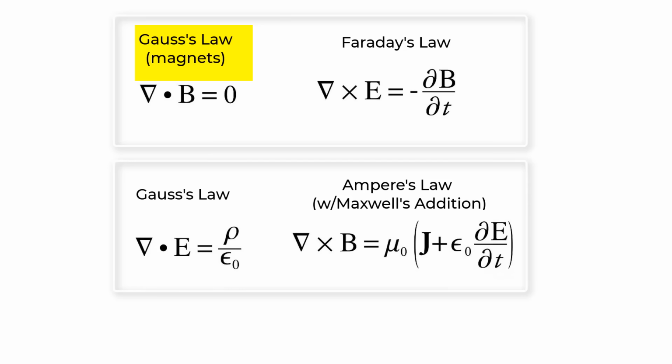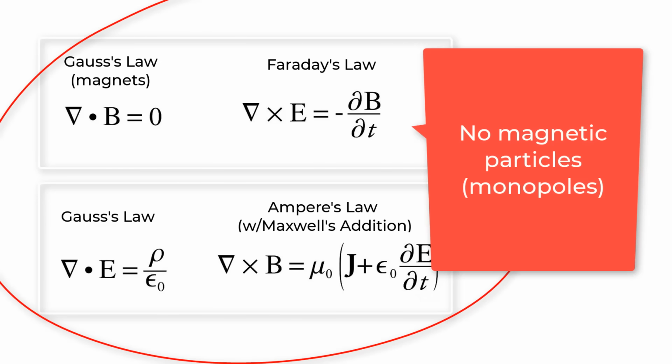Now compare that to the other two Maxwell's laws, where the first equation, Gauss's law for magnets, is showing there are no magnetic particles, rho magnet equals 0. And the second equation, Faraday's law, states that a curling electric field can be induced by a changing magnetic field, but not by a magnetic current. As there are no magnetic particles, there also is no such thing as a magnetic current. In this way, Maxwell's laws are supporting Ampere's idea that there are no magnetic particles. According to Maxwell's equations, all magnets and magnetic fields are due to the action of electric particles.